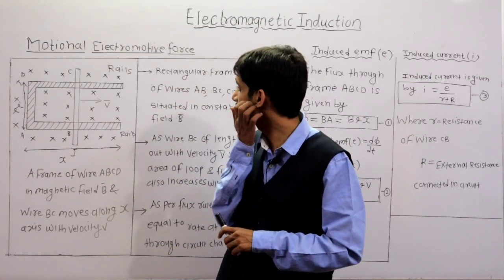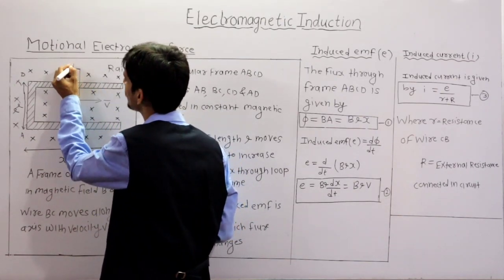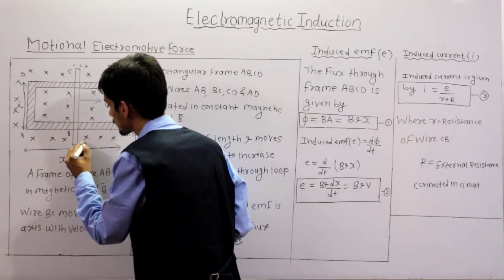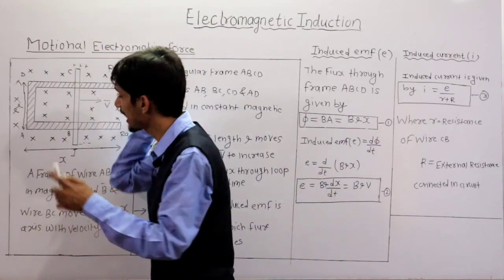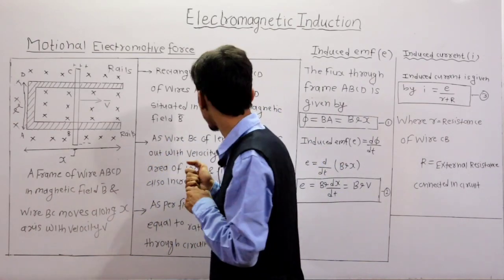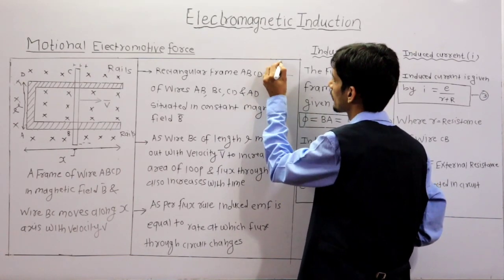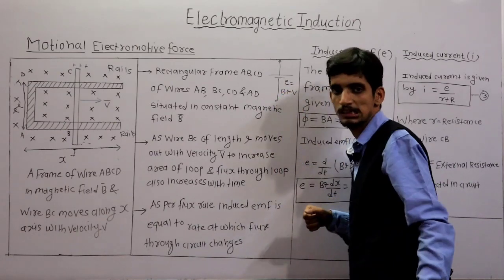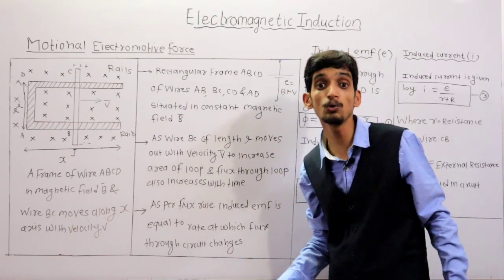Clear? Okay. So definitely, if this rod is open circuited, charges are accumulated, that we are going to discuss. This particular side of the rod is negatively charged. So across the terminals of the rod, I am getting induced EMF. It means this rod acts as a battery, and the value of that EMF is BLV. So it is a fictitious battery in which the value of EMF E is equal to BLV.